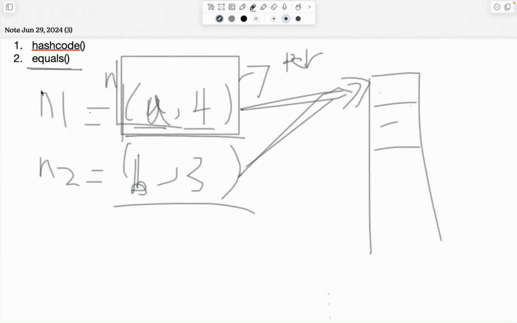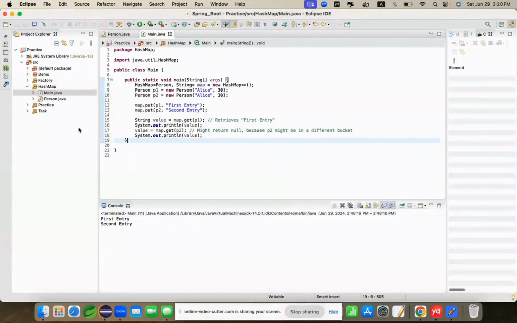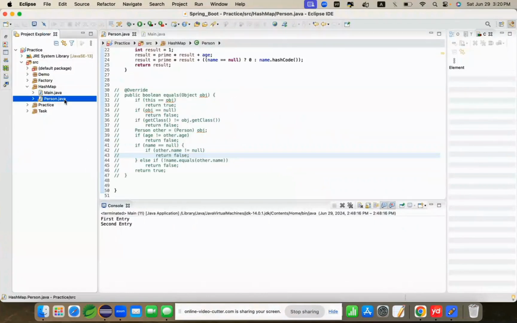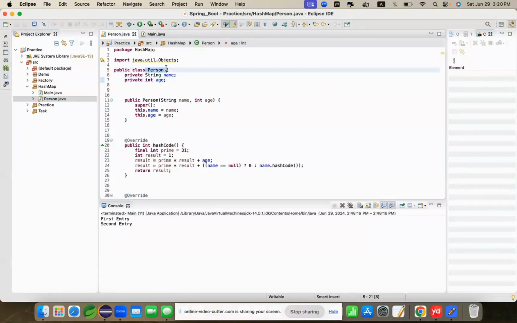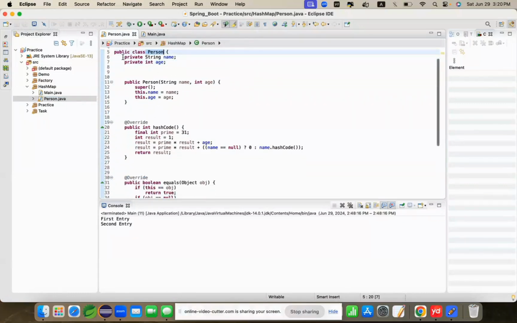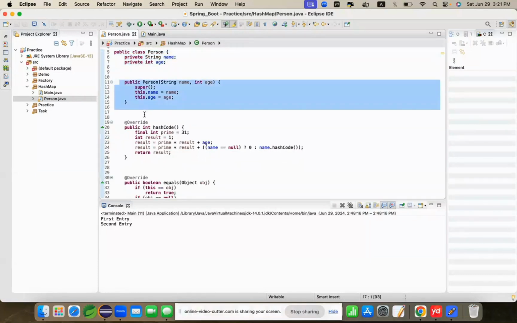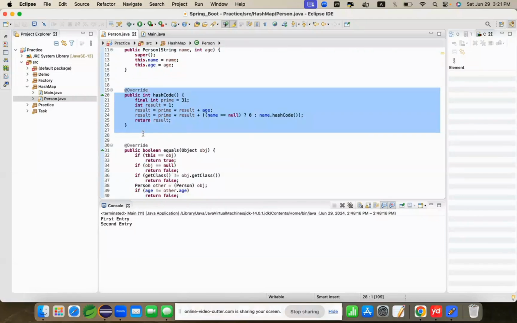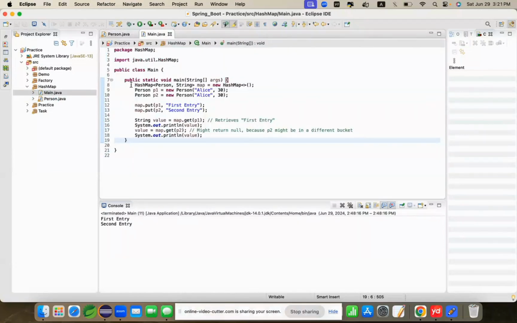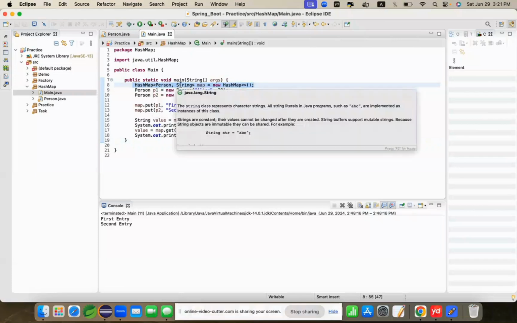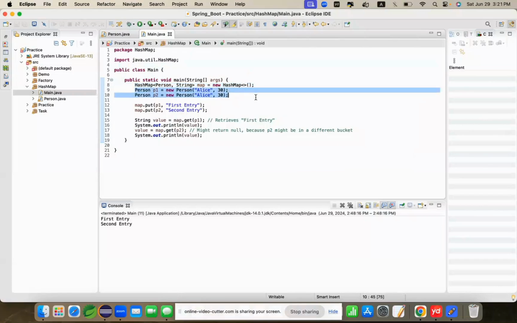a class. Now here I create a person class. The class has two fields, name and age, and a constructor. Now here I override the hash code method and the equals method. Now go back to the main class. So I create a hash map, the key as person, the value as string. Now here I create two objects with the same content. So I put P1 as key with the value, and then